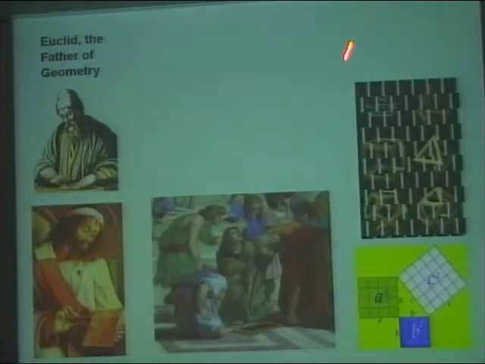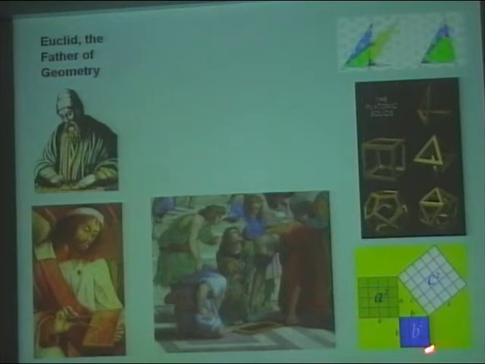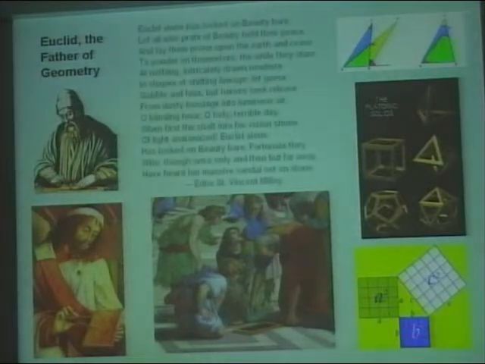mathematician. He did all sorts of things. One of the things he did was to state the Pythagorean theorem. We won't go into that, but he also talked about the Platonic solids, and we'll discuss these a little bit later, and he also talked about all of the properties of triangles. Very important things. He was a genius.